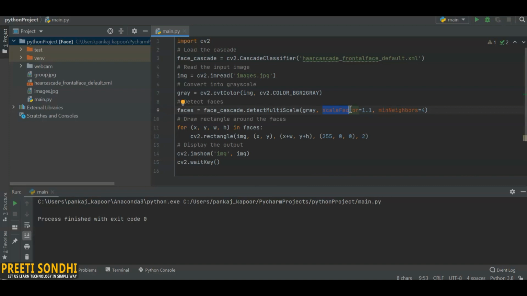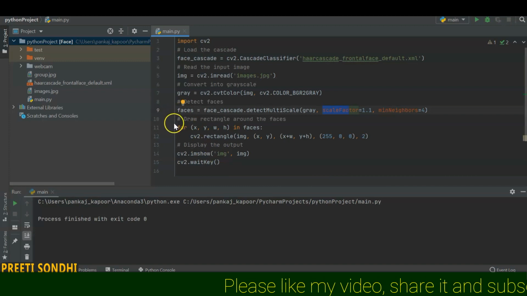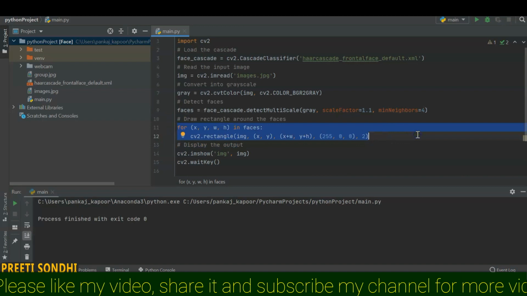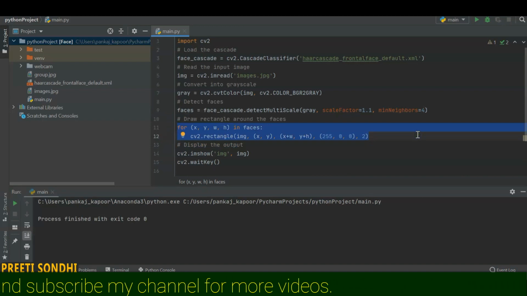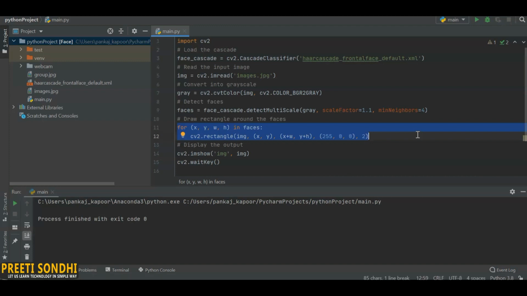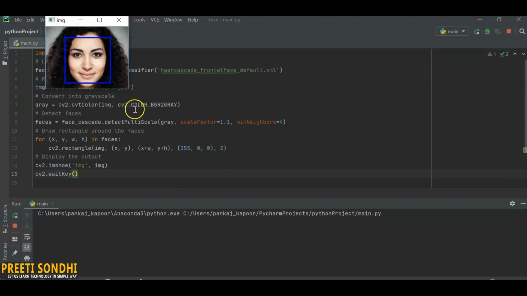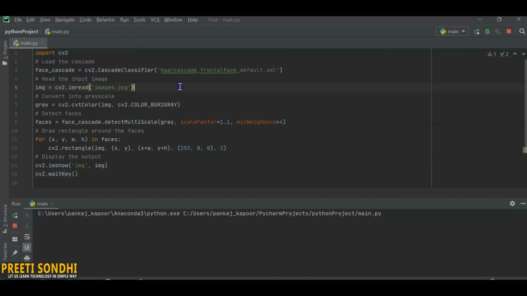The last thing you need to take care of is that faces contains a list of coordinates. This is a list of coordinates for the rectangular regions where faces were found, which is the rectangle I have used here. Wherever faces are found in the image, it will create a rectangle around those faces. It will basically draw the rectangle on our image. Let's run this code. I am running it for a single image first. You can see I have used the same image and it has drawn a rectangle around the face.